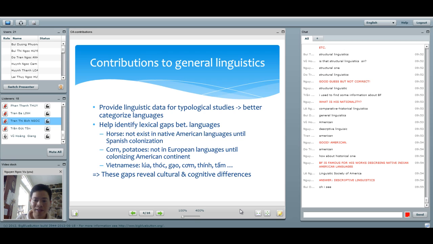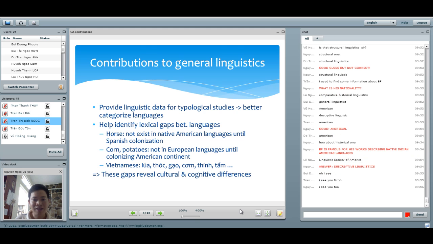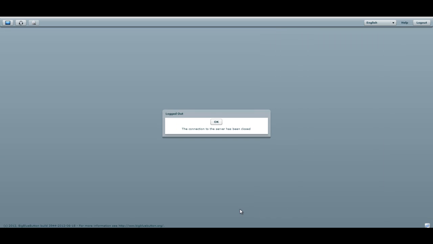Another very interesting area of study in general linguistics that very much relates to contrastive linguistics is the lexical gaps. Basically, in all languages, in all language pairs, there will be words or concepts that exist in one